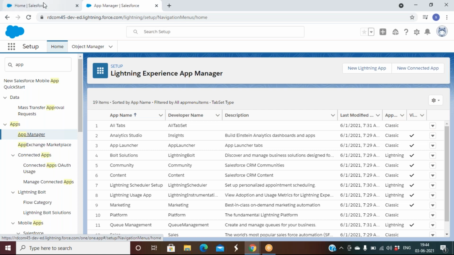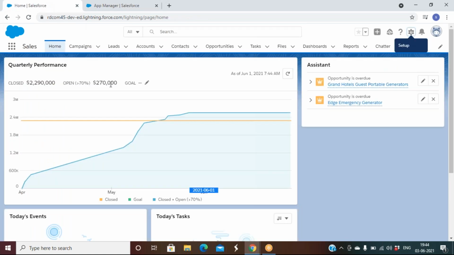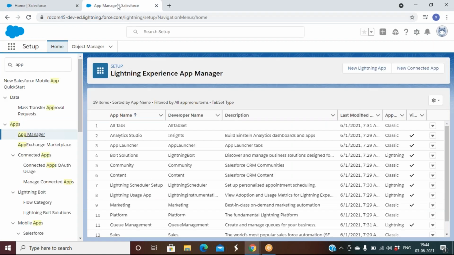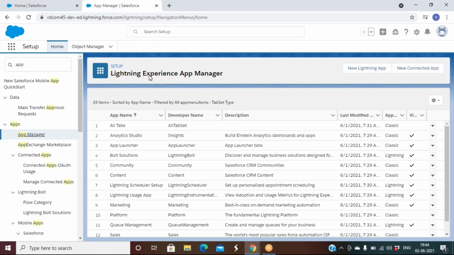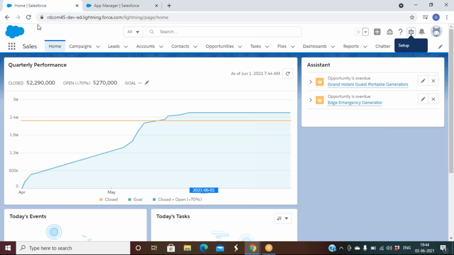What I'll do, I'll go back to the end user screen. This I'll call it as end user screen. Of course, in real time, the end user screen looks like this only. So whatever I did here, to make sure whether it is coming properly or not, I'll just come back here and I'll test. So don't get confused. Whenever you see the setup, it means we are doing an admin activity, and whatever we did, if we want to test, I'll be using this screen.